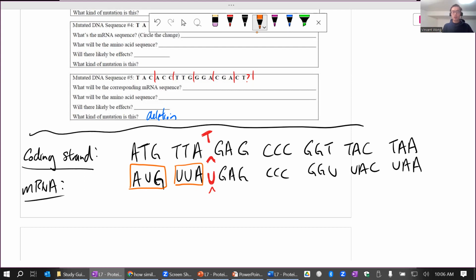Instead of reading the GAG, because of the insertion, what's the next codon that will be read by the ribosome? Now, because of the frame shift, the next codon that the ribosome will read is UGA. What is UGA? Stop, right? So you see, insertion can lead to frame shift. And frame shift can have different results. You can have extensive